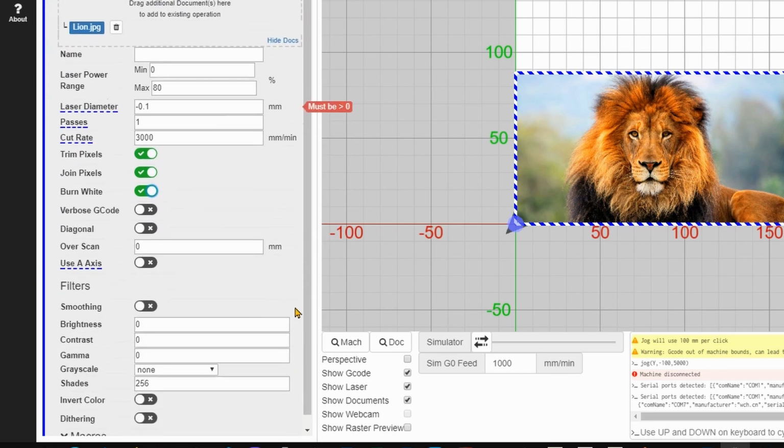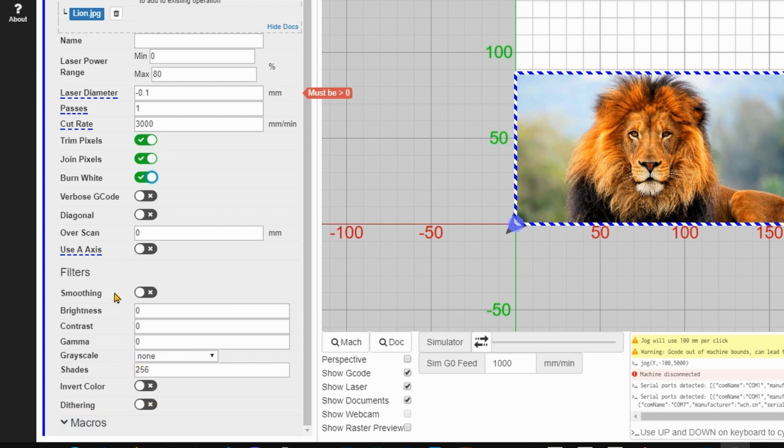Okay, and then down here you will have some filters. You can do smoothing. You can adjust the brightness, the contrast, and the gamma. Also the grayscale, what type you want, the average, luma, or whatever, the shades, how many, and the method that I usually recommend is to use dithering. Dithering is basically going to mimic the pixels with laser dots. Okay, so once you're happy with that,